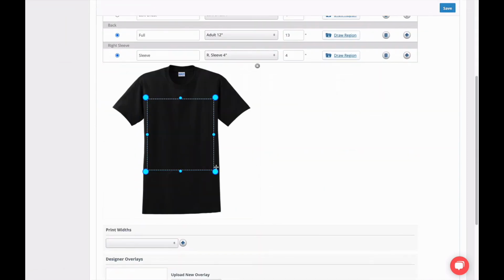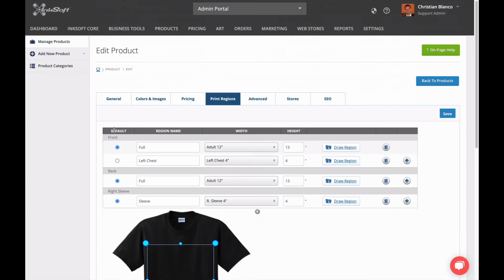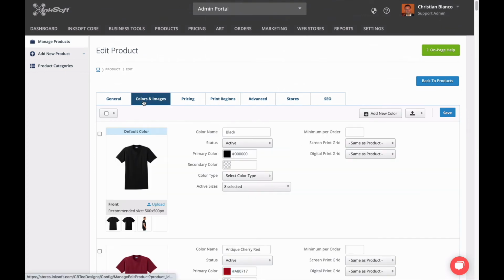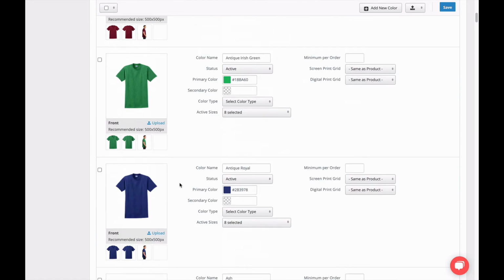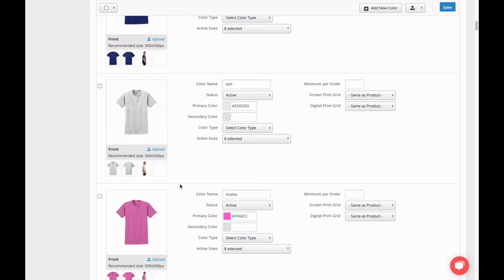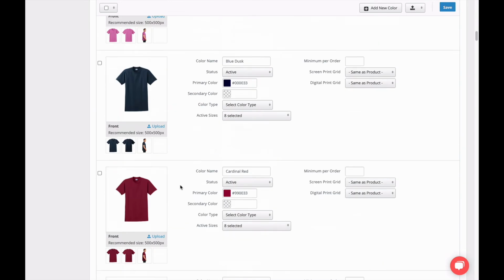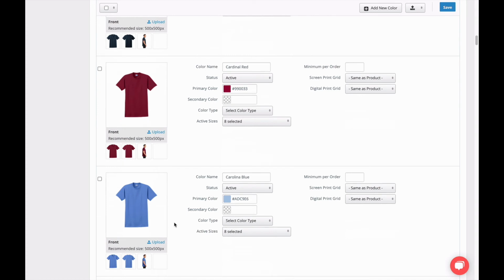Because you're only required to set up the print regions once based on the product images from the default color, this means that it's extremely important that you have consistent product images for every color and for every side. As long as the product images are all very close in size and the garment is in the same spot in every image for that side, then the print regions will always line up nicely and allow for accurate decoration